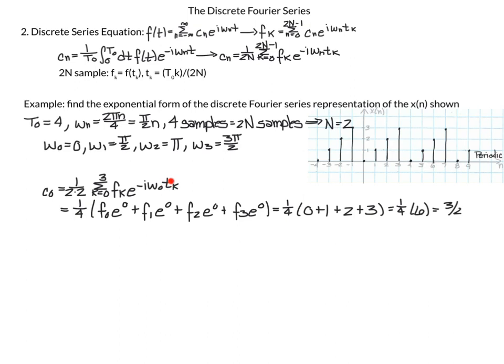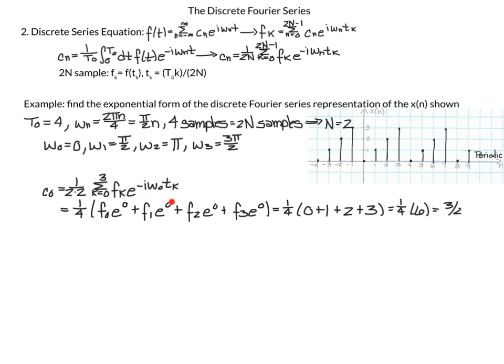So now I have 1/4, and then for k equals 0 to 3, I'll start with k equals 0. I have f0 e to the 0, because t sub 0 is just time equals 0, plus now k equals 1, f of 1, so I have t sub 1, which is just 1, I have minus i, and omega naught is 0, so